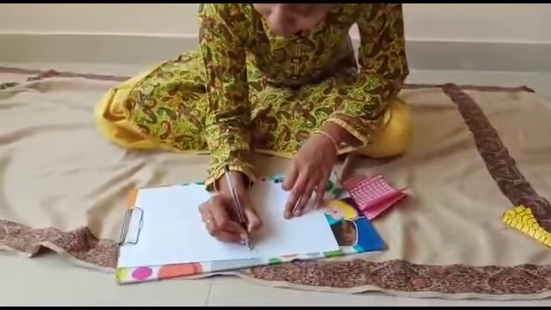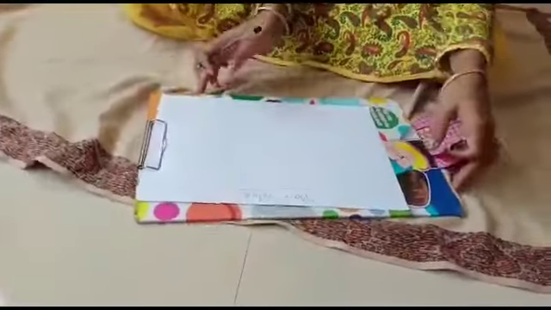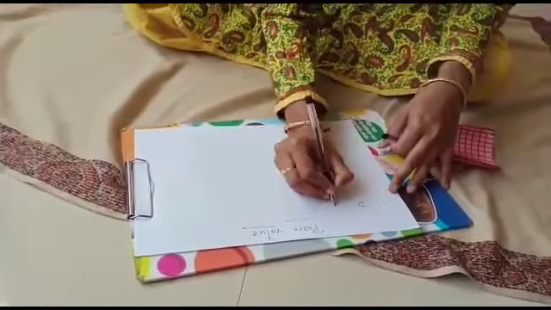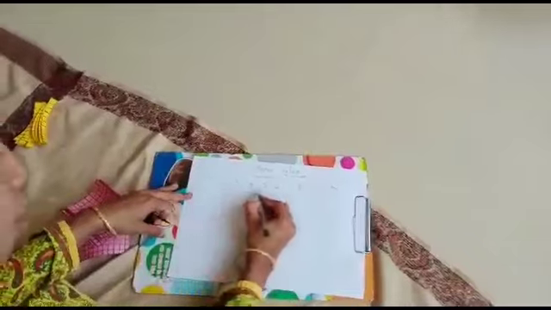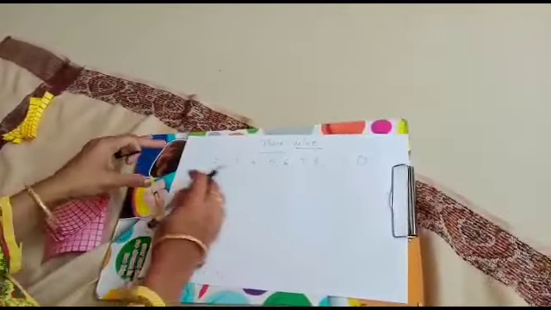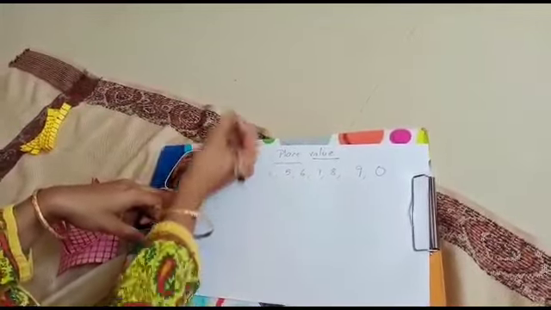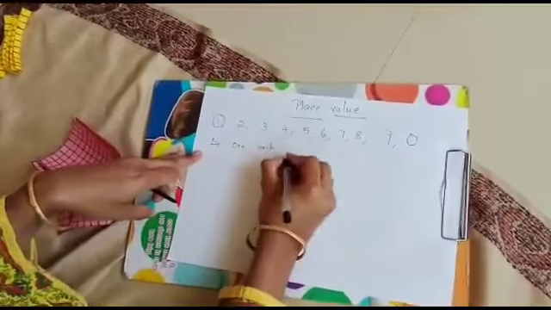I am going to teach you about the place value. What is a place value? See, when we are writing the numbers 1, 2, 3, 4, 5, 6, 7, 8, 9 and 0, these all have only one place, and they do not have any number beside them. So each represents only one unit, and this is nothing but ones